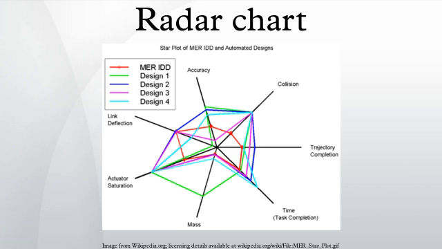A radar chart is a graphical method of displaying multivariate data in the form of a two-dimensional chart of three or more quantitative variables represented on axes starting from the same point. The relative position and angle of the axis is typically uninformative. The radar chart is also known as web chart, spider chart, star plot, cobweb chart, irregular polygon, polar chart, or